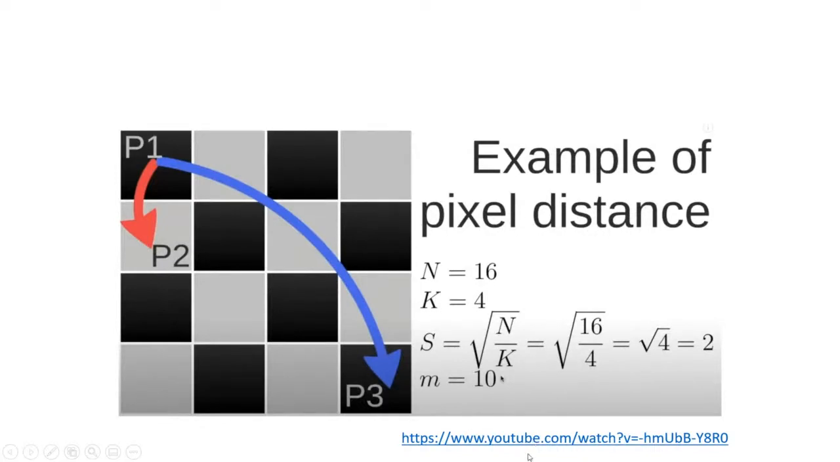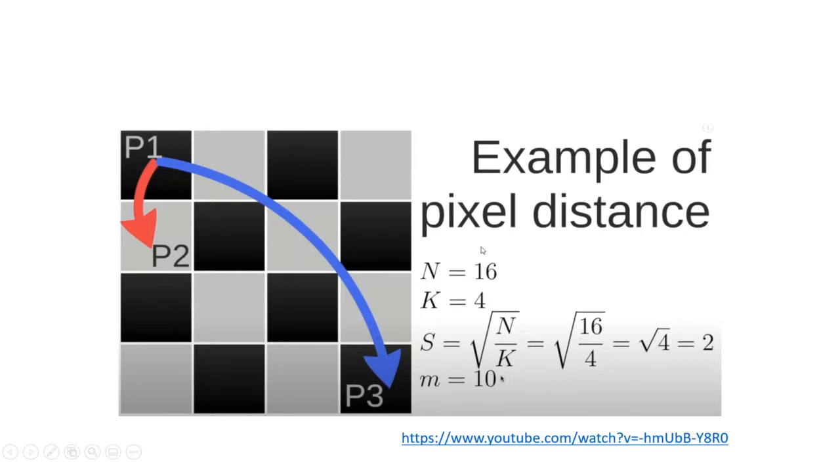This was a very good example. It's actually an excellent 7-minute video on YouTube. I recommend you to watch it and follow that guy. The guy is excellent. He explains very well. The 7-minute explanation of the superpixel segmentation. So basically, if you want to calculate the distance from this pixel P1 to this pixel P2, and then the distance from this pixel P1 to this pixel P3,